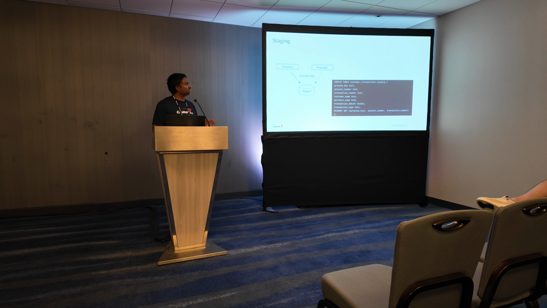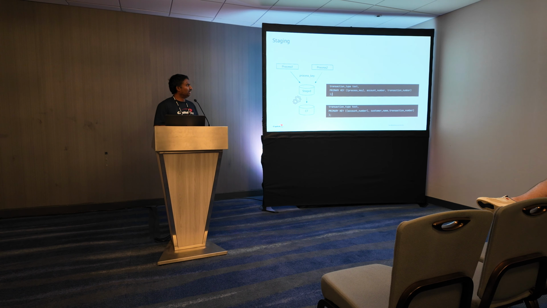There are various processes which write to this staging table. We will get into the reason why. So this is the premise we are going to look at. This is the first step in staging: there is a mimic of the customer-facing append-only table, and that is what we are calling staging. The second step in staging is that there is a process which looks at all the changes that have happened, or as we call it, whatever got staged. Its primary job is to keep moving that from staging into the customer-facing table. Why?